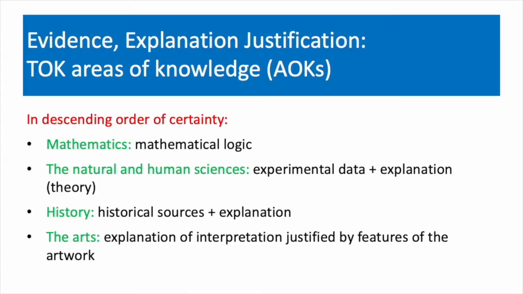forms of explanation used in the different areas of knowledge. For example, with mathematics, mathematical truth claims are supported and explained by mathematical logic itself. In the natural sciences, the evidence will be drawn from experimental data and the explanation from the scientific theory. And then in history and the arts, the explanation and the evidence will come from the artwork or the historical